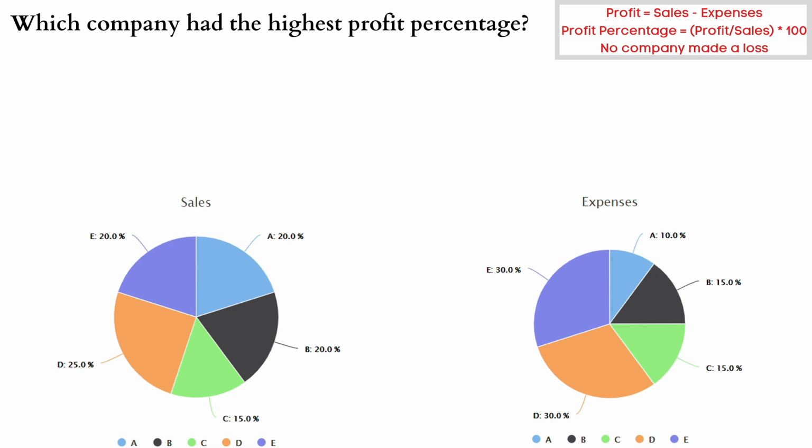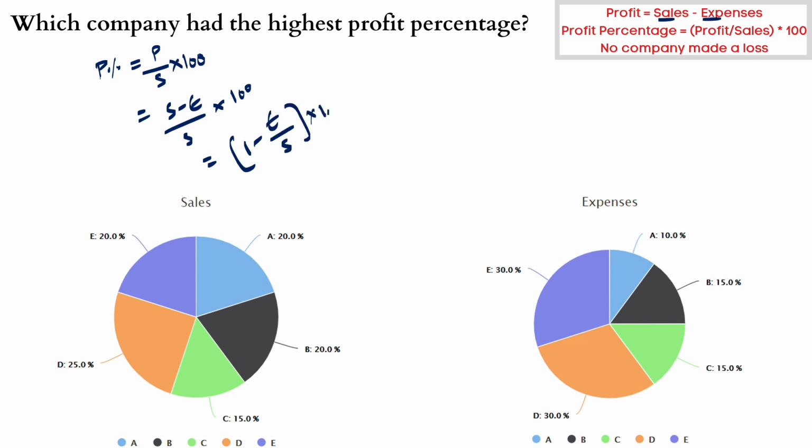See, in the reference table we have profit percentage as profit by sales into 100. Let me write it here. So what is profit? How can we rewrite profit? Profit is sales minus expenses. So (sales minus expenses) by sales into 100. If we take S as common, it will be (1 minus E by S) into 100. So if we observe 1 minus E by S into 100, this 1 and this 100 are constants